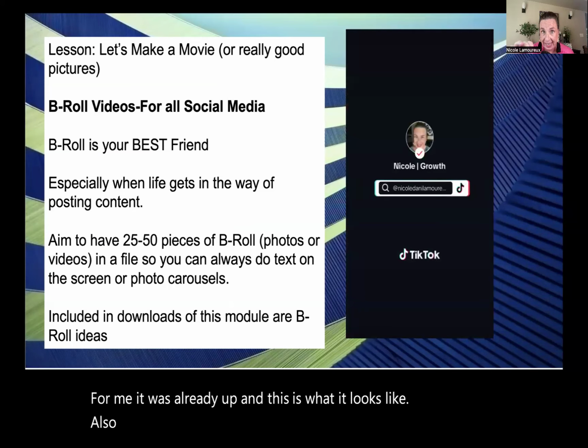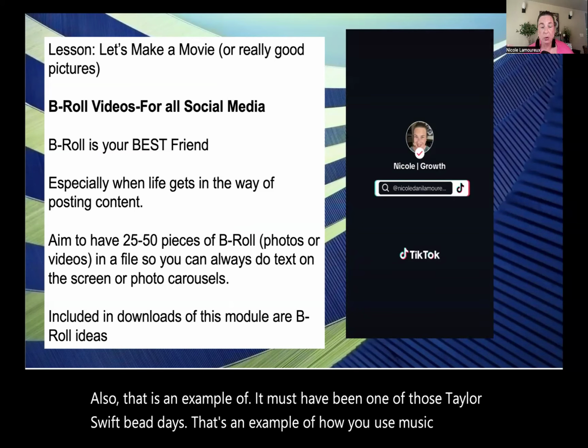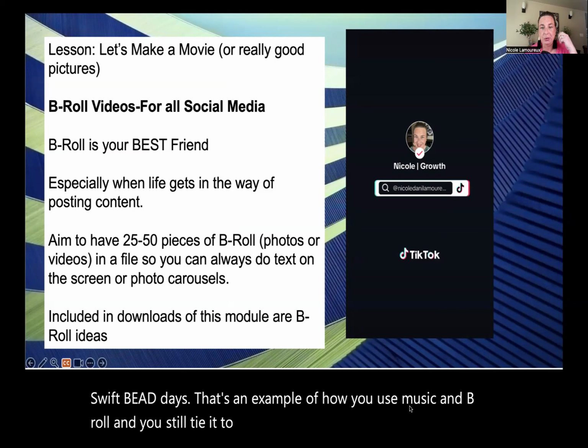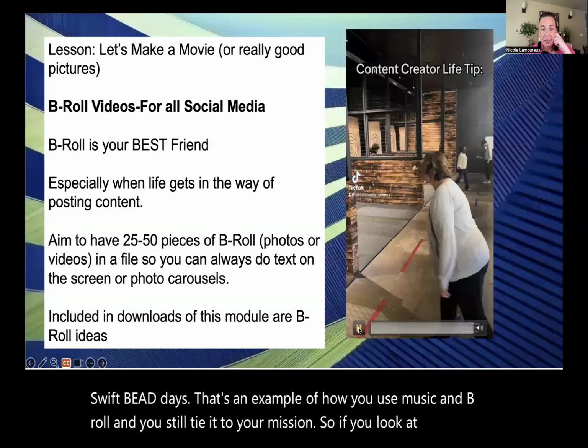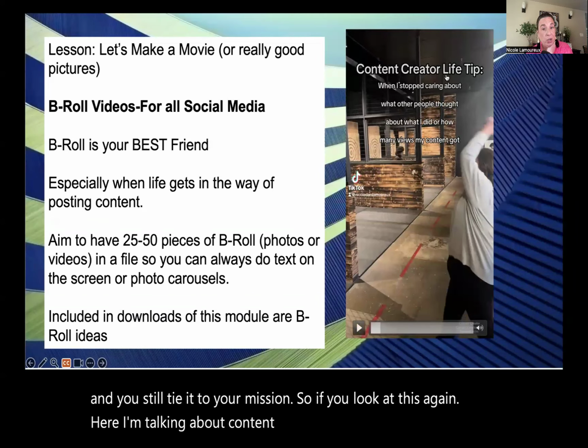Also, that is an example of, it must have been one of those Taylor Swift bead days. That's an example of how you use music and B-roll and you still tie it to your mission. So if you look at this again, here, I'm talking about content growth, but I'm also talking about your personal